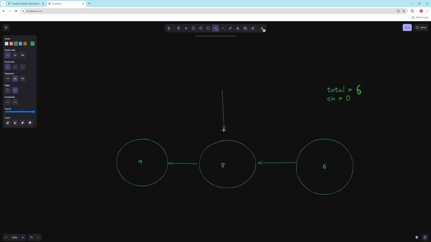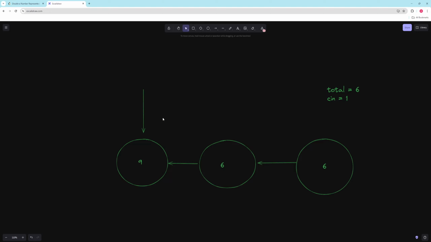Then we're going to go to this node, and we're going to say, okay, our total here is 8 times 2 plus our carry in. So 8 times 2 plus 0, so 16. Modded by 10, because we only want one bit here. So 16 modded by 10 is just going to be 6. And our carry out is going to be that same number, 16, except now we divide by 10. So we get a 1 here. So we put in the total. Then we come over here